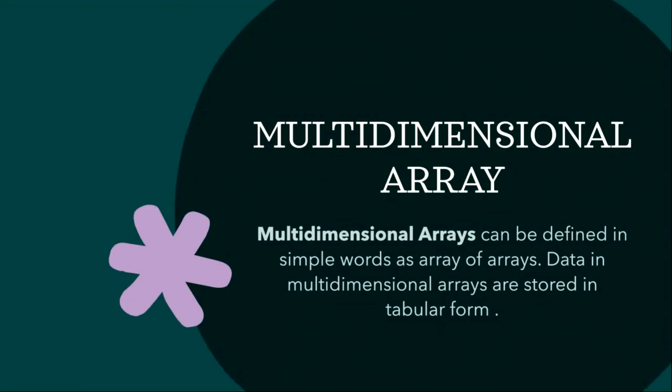Multi-dimensional arrays are simply arrays of arrays. In a single one-dimensional array, we store the whole data in a row, but in a multi-dimensional array, we're storing the data in rows and columns. It is like matrices. We store the data in the form of matrices. If you've studied matrices, or have any idea of matrices, then it would be very easy to understand multi-dimensional arrays. Or else also it is very easy to understand. It's not a very difficult thing.